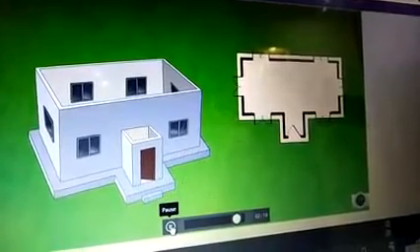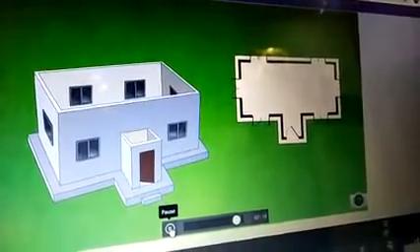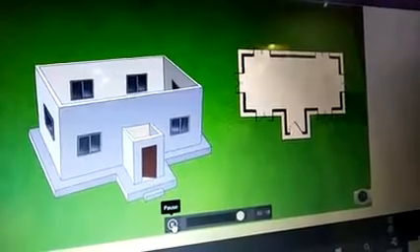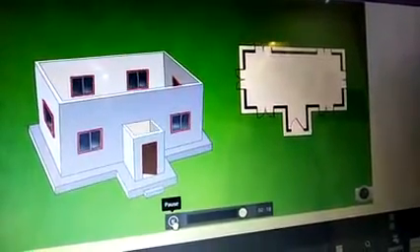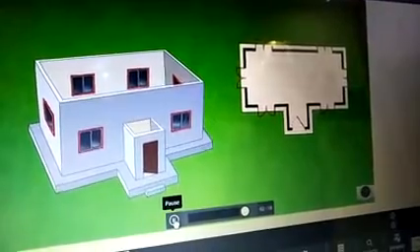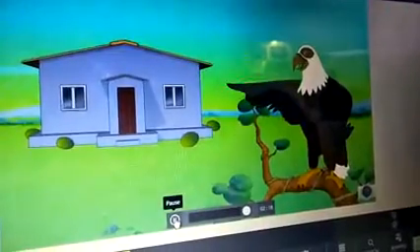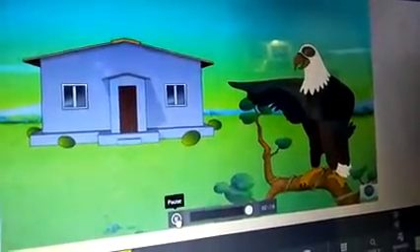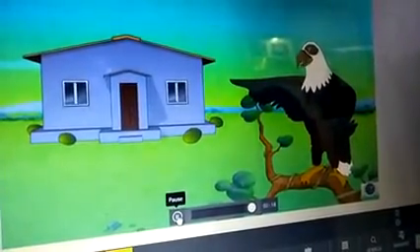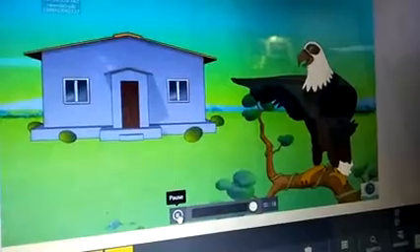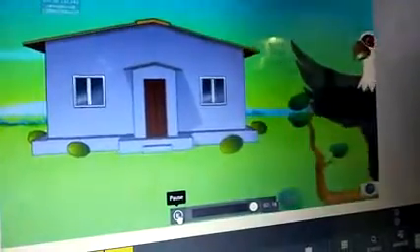So, here is the floor map of Suman's house. See how the map depicts the location of the doors and windows of the house. Now that you have learned how to create a floor map, go ahead and create a floor map of your classroom. I'll see you later.